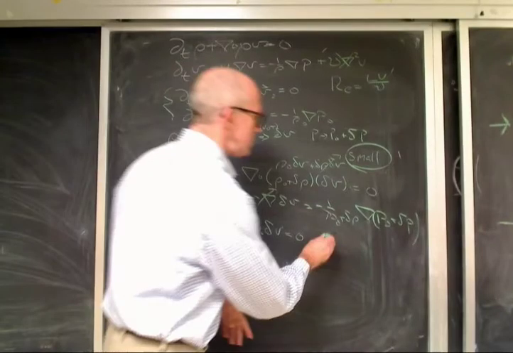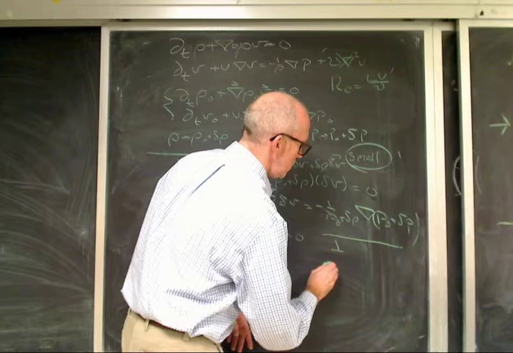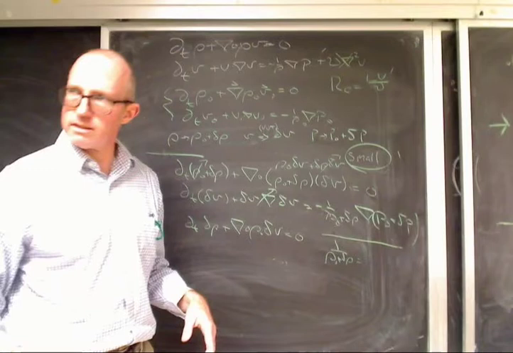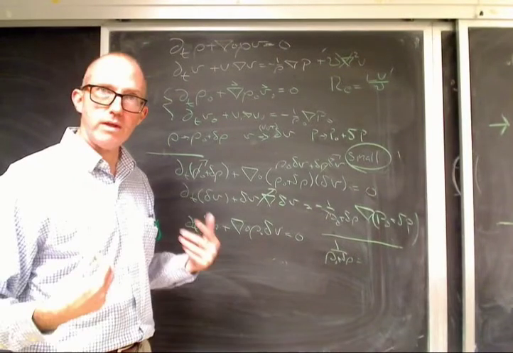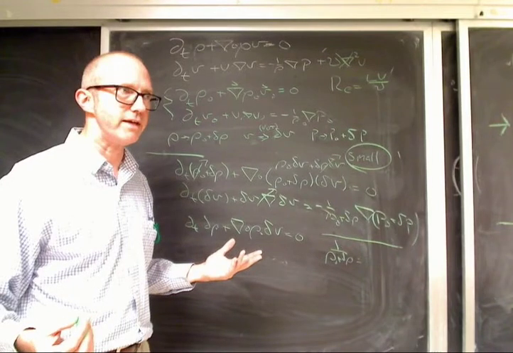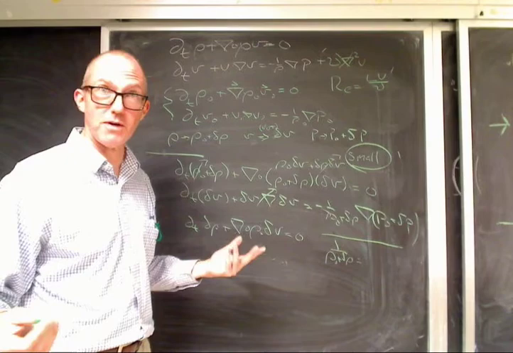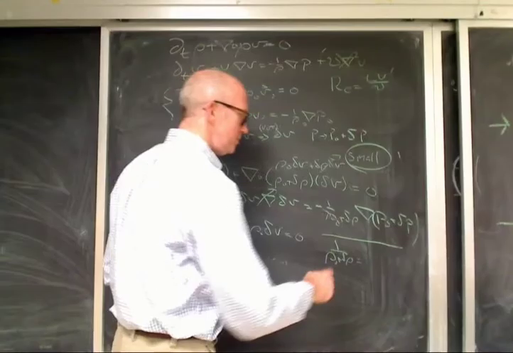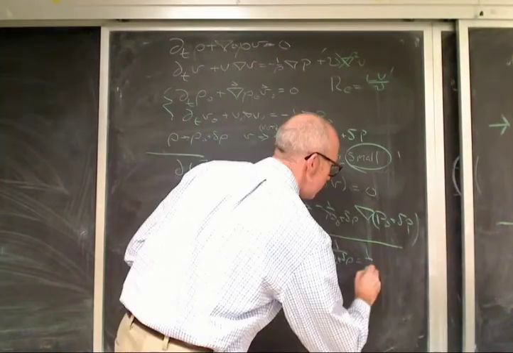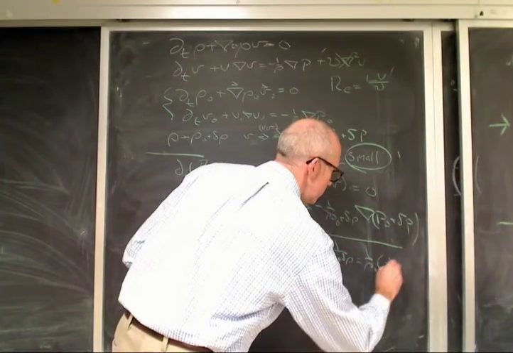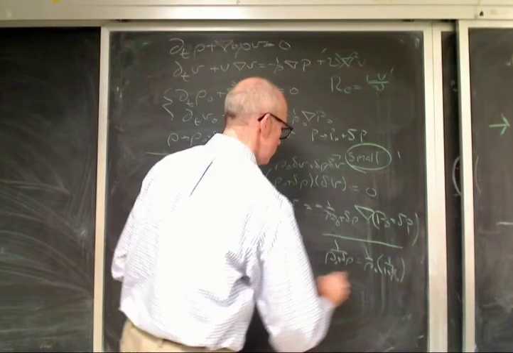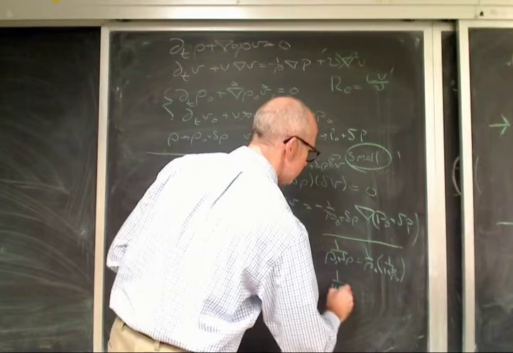Let's play a little mini game on the side. 1 over rho naught plus delta rho. We have to do a Taylor series on this. I only remember a couple of Taylor series. I remember sine and cosine and 1 over 1 plus x powers and stuff. So I don't remember a ton of Taylor series, but this one I remember because I use it all the time. 1 over rho naught times 1 over 1 plus delta rho over rho naught. Okay, so I know 1 over 1 plus x is 1 minus x.